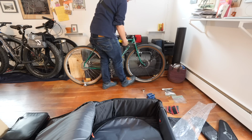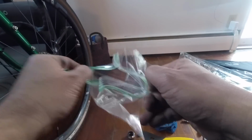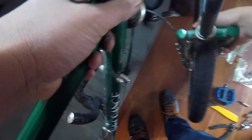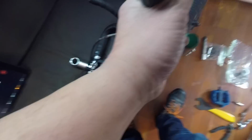Seriously. Okay, checking the clock, just under 7 minutes. I'm going to put these guys in a plastic baggie just so they don't get lost. Okay, so, yeah, so now we just put it in the case. Fork slides off, front wheel is off,